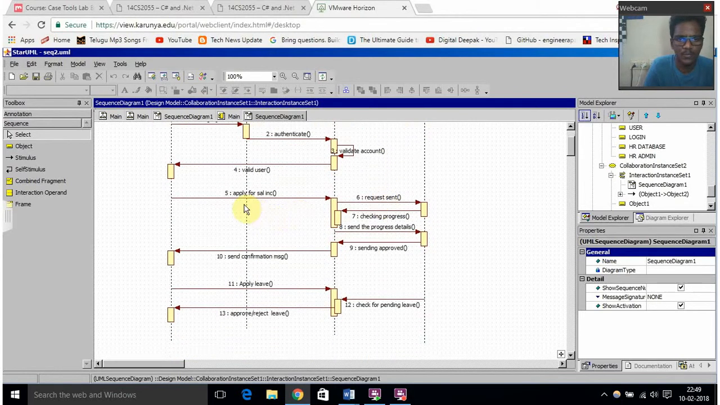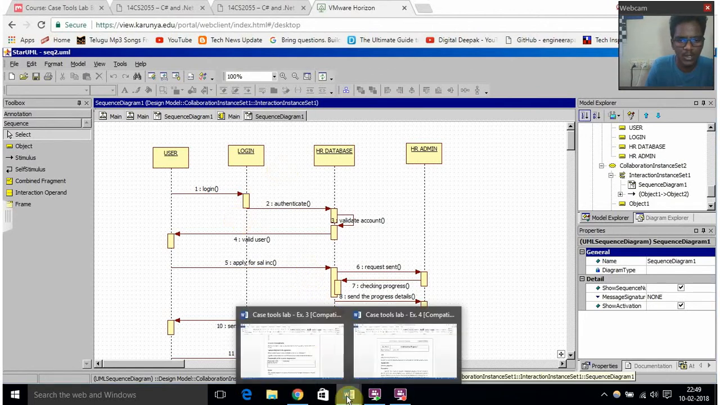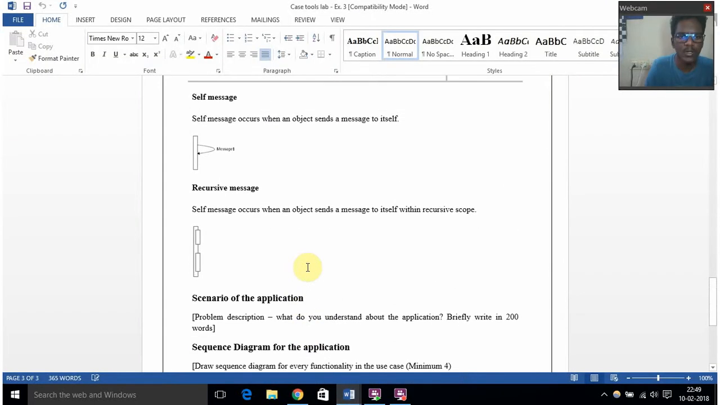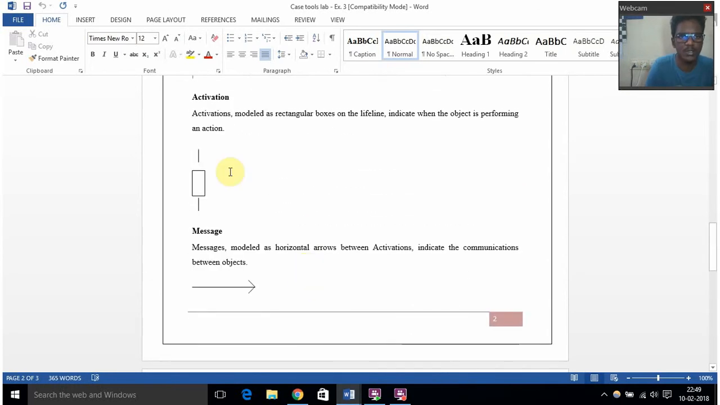And the fifth step which I have given is apply for salary increment. This is a function, and here it directly goes to the HR database. And in the HR database we also have different things like a stimulus and a self stimulus option, and also the other things which I have shown you here, that is recursive messages and self messages. The activation is modeled in the rectangular boxes,